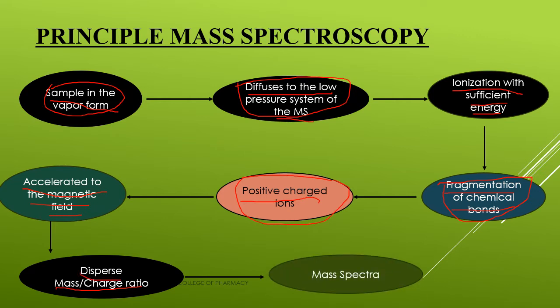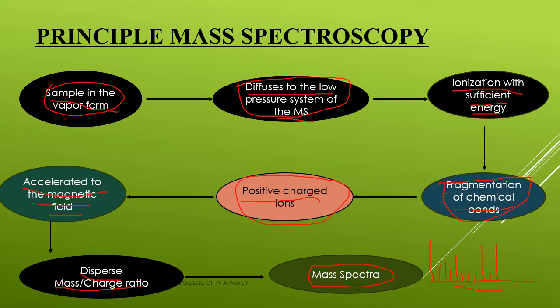Clear? And this is a mass spectra. So this one is the mass spectra, and this is the working principle of mass spectrophotometry. Here the mass spectrum is in the form of lines like this. Suppose it's a graph. Here you can see one small line, then a big or thick line, then a small line, then again a big line, then a few small lines, then small thick lines, then again a long line. So this is a mass spectral graph. This one is a mass spectrum. Clear?